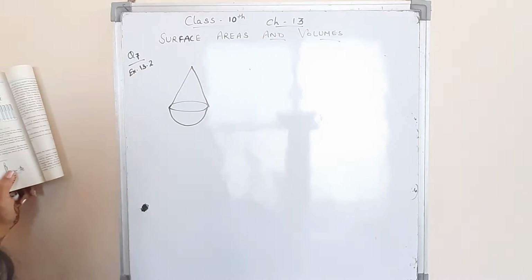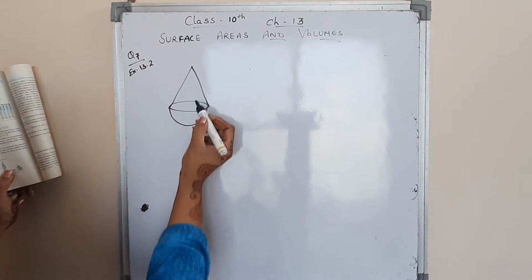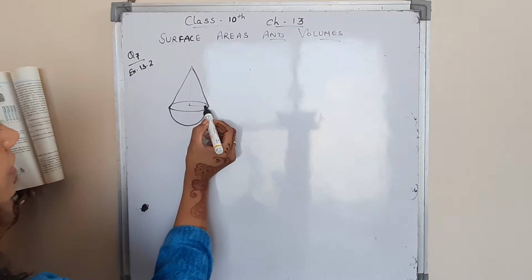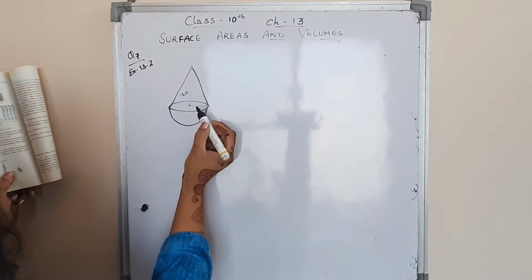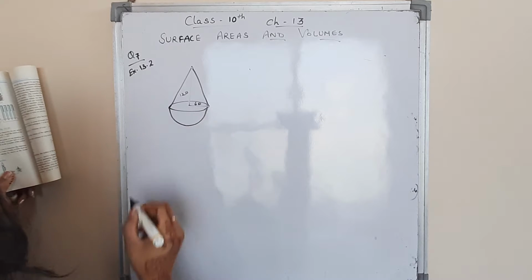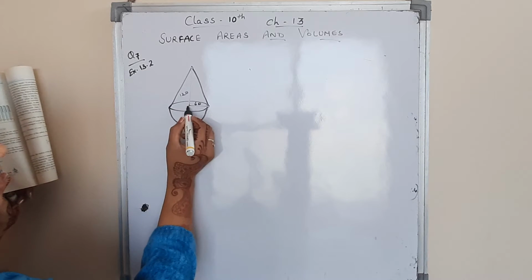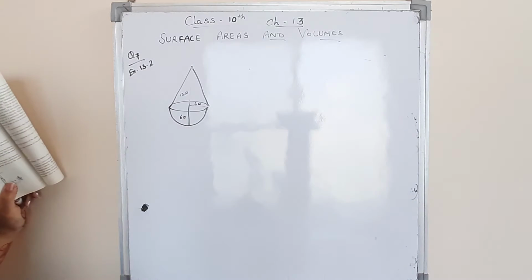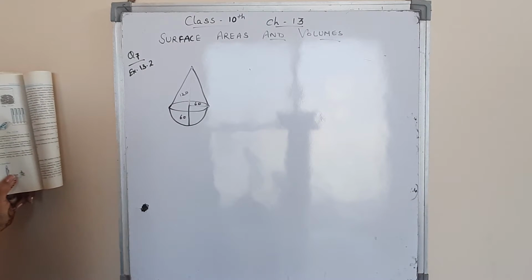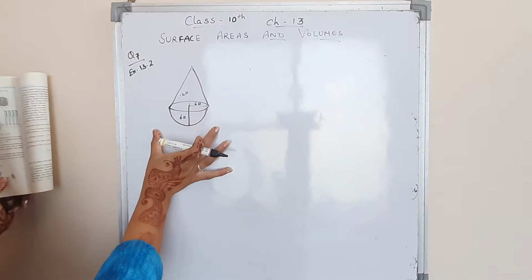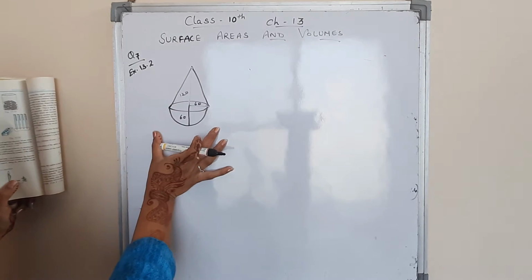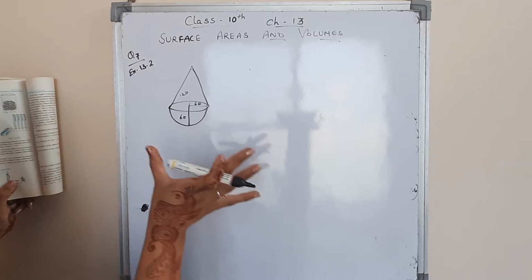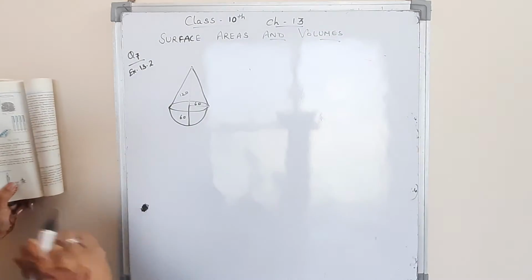This is a cone. He is giving us the height of the cone is 120 centimeter. This is 120 and the radius is 60 centimeter and the hemisphere radius is also 60. So definitely the 60 centimeter is the height of the hemisphere also. He is saying it is standing on it and this solid is placed upright in a right circular cylinder full of water such that it touches the bottom.